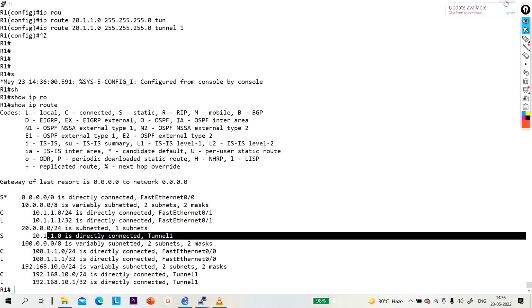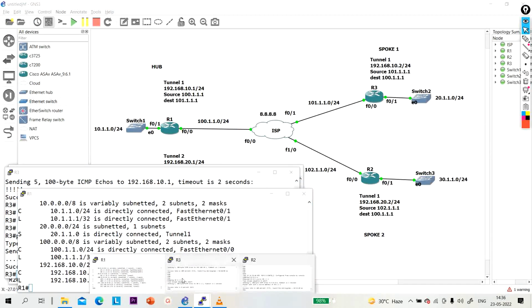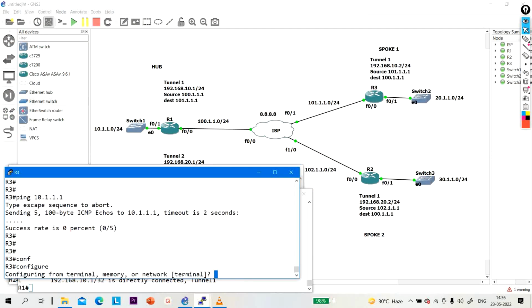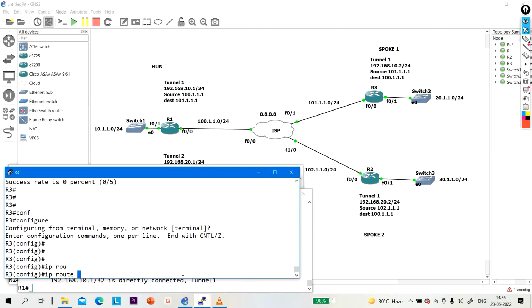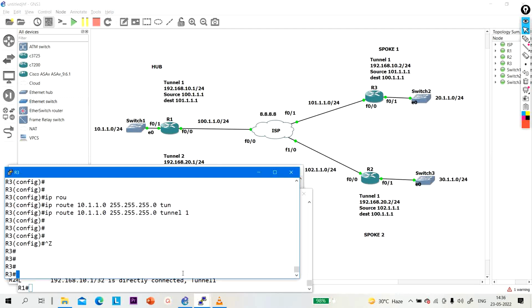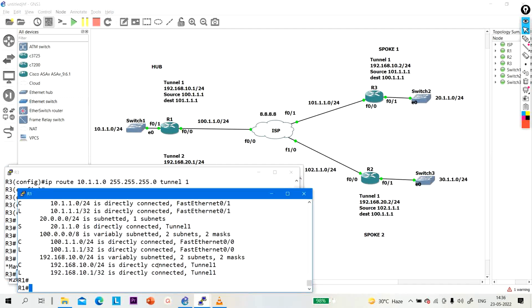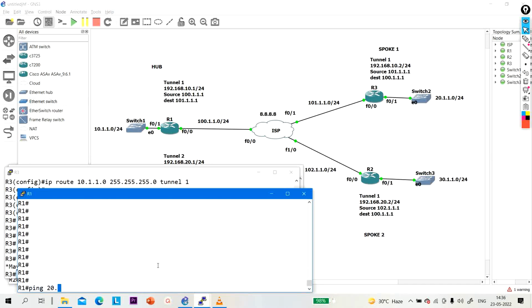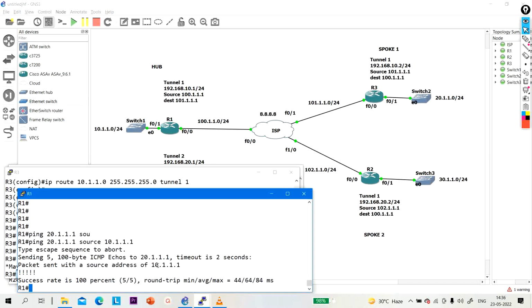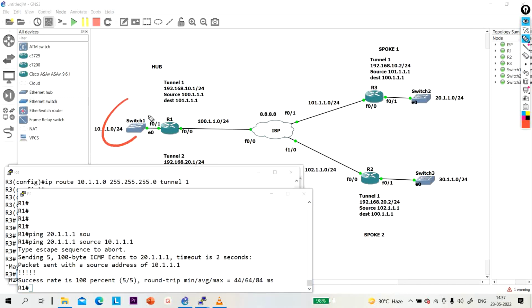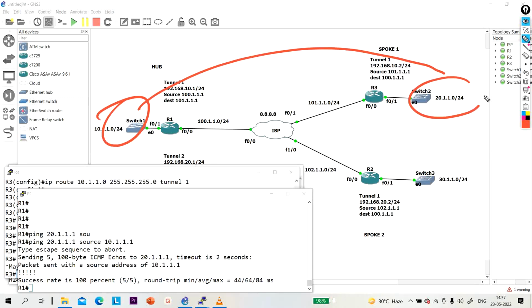Okay, in the same way, let me configure a static route on R3. So this is my R3, ip route 10.1.1.0, 255.255.255.0, and exit interface is tunnel 1. Guys, now you can see, ping 20.1.1.1 and source is 10.1.1.1. Yes. Now the LAN user of this network is able to communicate with the LAN user of this network,